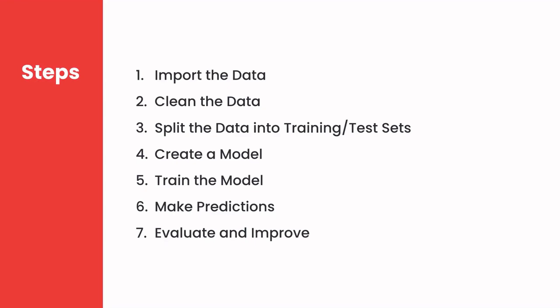Then we need to get back to our model and either select a different algorithm that is going to produce a more accurate result for the kind of problem we're trying to solve, or fine-tune the parameters of our model. So each algorithm has parameters that we can modify to optimize the accuracy. So these are the high-level steps that you follow in a machine learning project. Next, we'll look at the libraries and tools for machine learning.